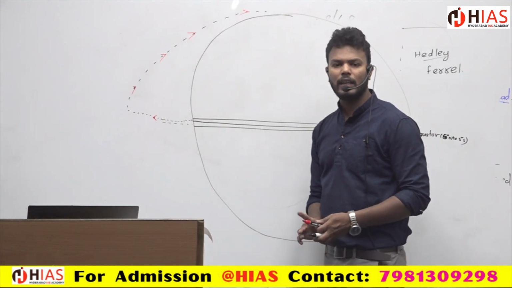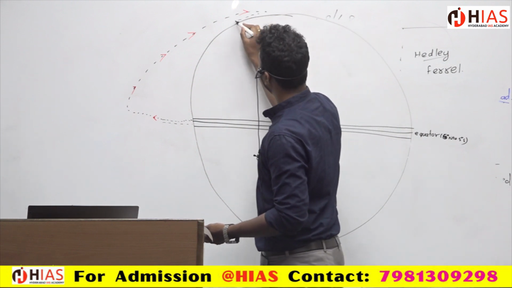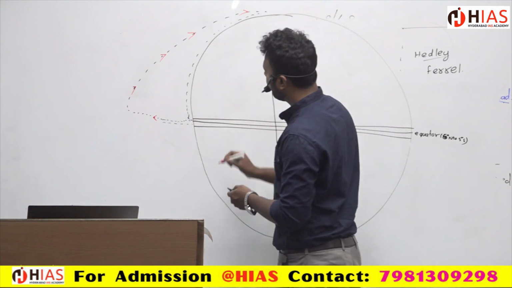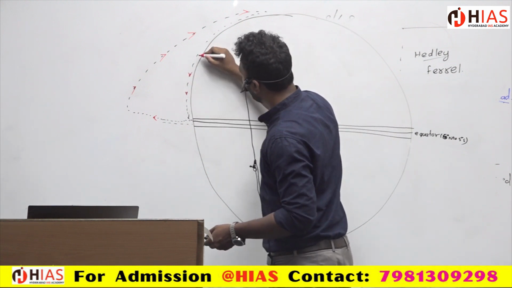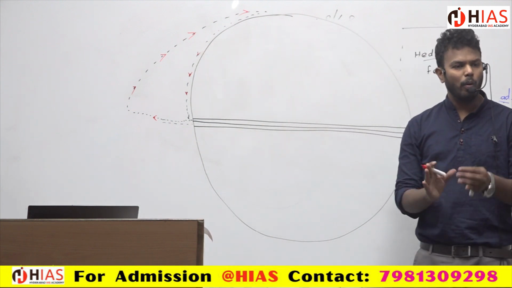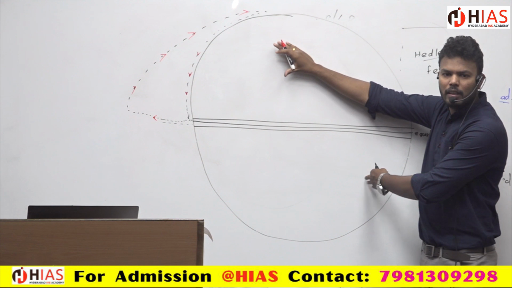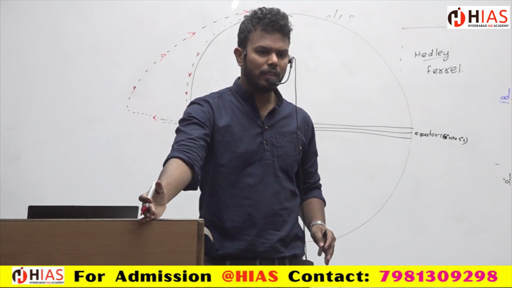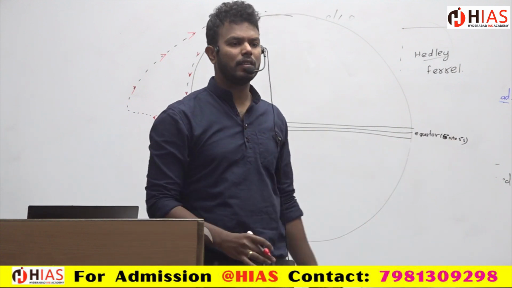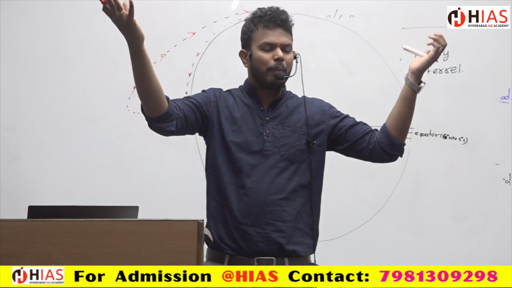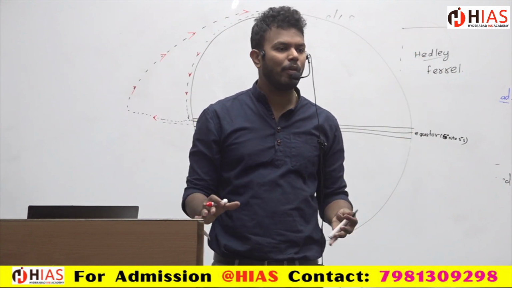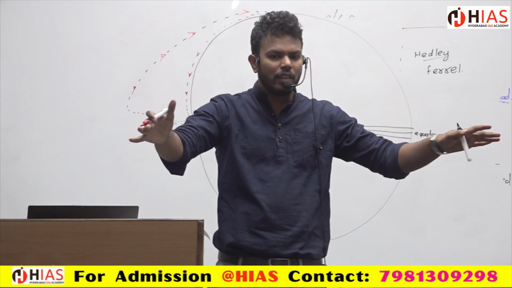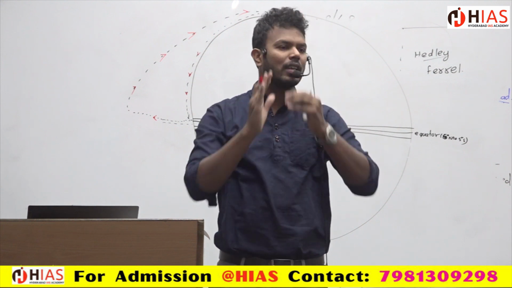After going to the poles, it gets deflected. How does it get deflected again? It will come back to the equator. Why will it come back to the equator? Because at the equator, the temperature will be more compared to all the places. As I told you, air wants to rise. It can rise at this place, at this place, at different places. But if the air rises everywhere, the required energy will not be there to cause rainfall or some mechanism. So what will they do? All the winds come together and from one particular place they start rising.